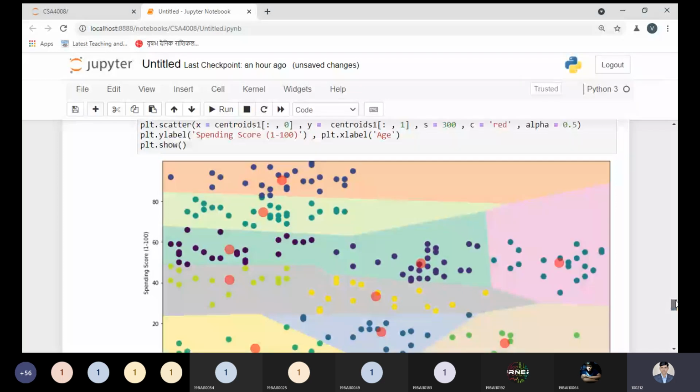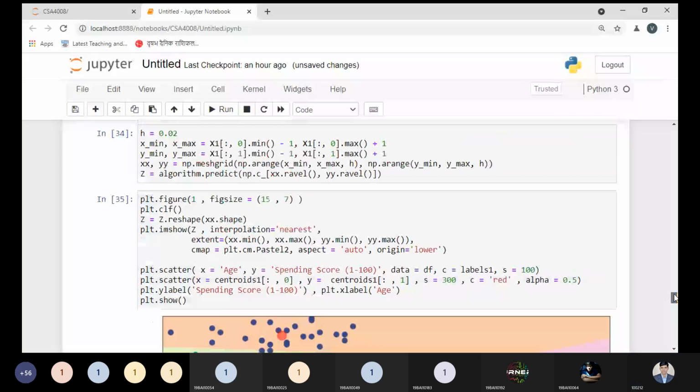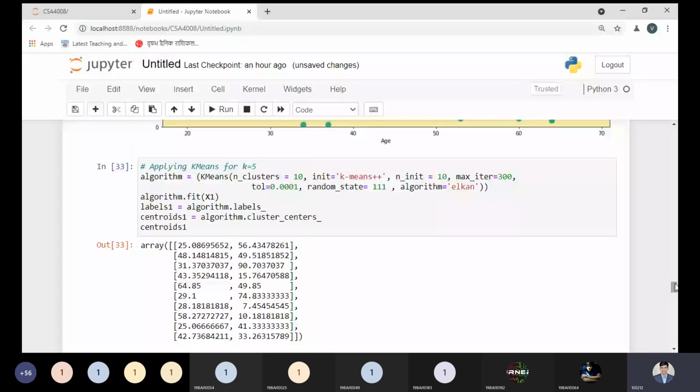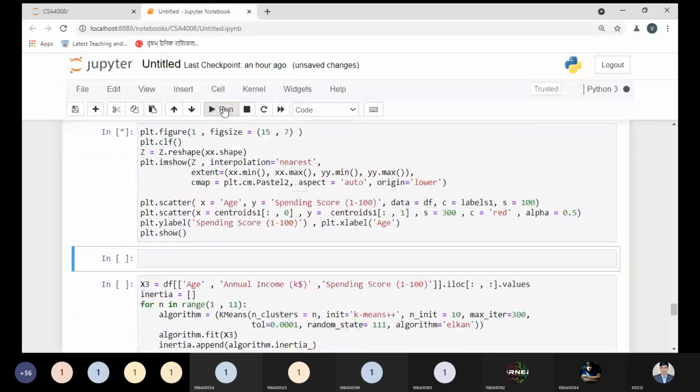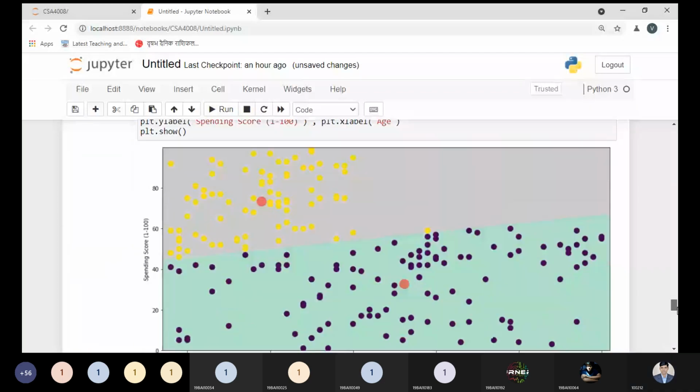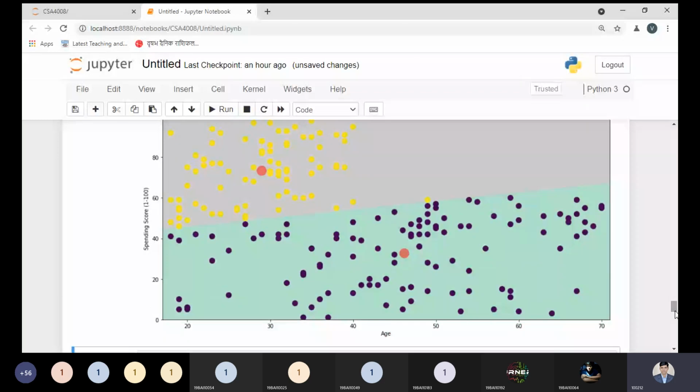Okay, no problem, it's up to you. If you want to update it to 5, then you can update. Suppose I'm making the cluster size 2, no issue, I can make it. It's my choice. Okay, that makes sense. See, we have the cluster size 2. Now, is it visible to all right now? Tell me, is it visible to all? Yes, sir, it's visible.